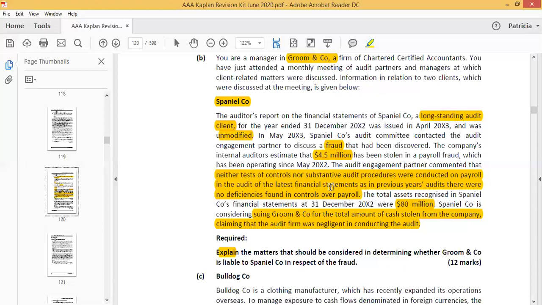So here you have to consider these matters as we have discussed, and also consider the example that has been used. So it's very important for you to put your points in detail, and not just put all the knowledge that you know about professional liability, but put out that information in accordance with what you've been asked.